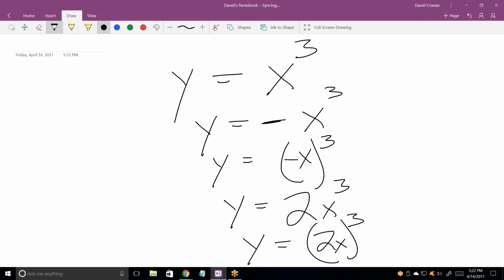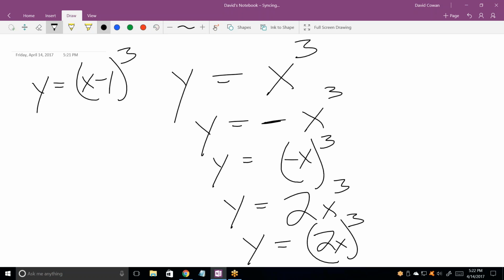I can put in a horizontal shift, like that. Notice that everything that's horizontal is inside the function, everything that's vertical is outside the function. This is inside the parentheses, so I know that this x minus 1 cubed is a horizontal shift by 1 unit